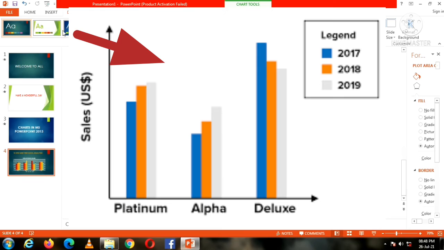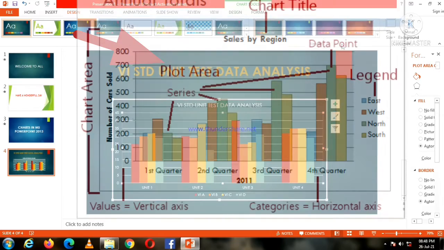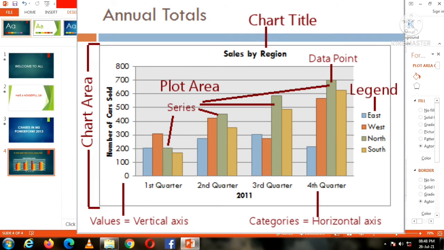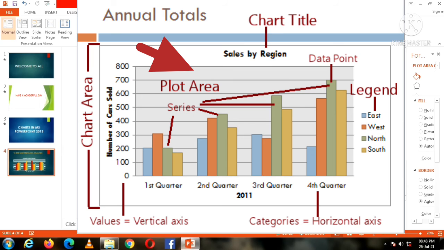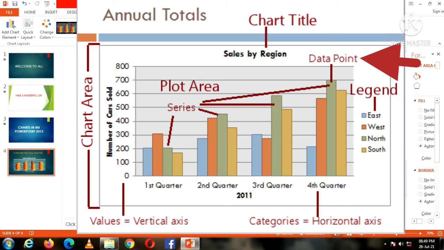Plot area. The plot area represents an area containing the chart, axes and grid lines. In fact, the plot area represents an area in which the chart is plotted and adjusted as per the chart area. Data point or marker. The data marker represents a worksheet value. It appears as a bubble or a dot type of symbol.